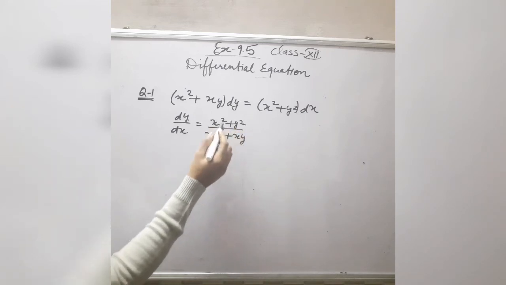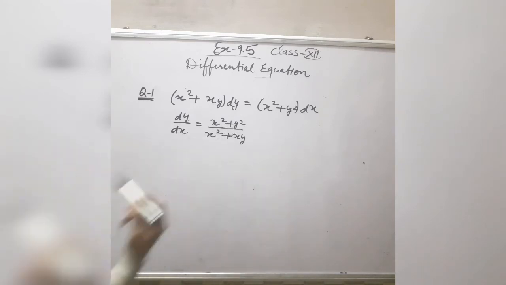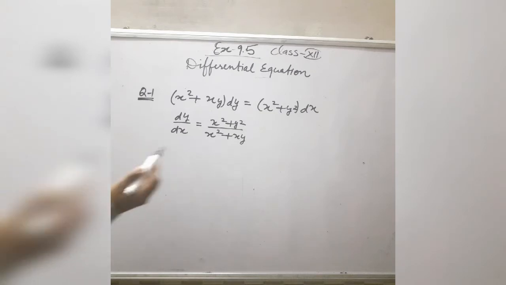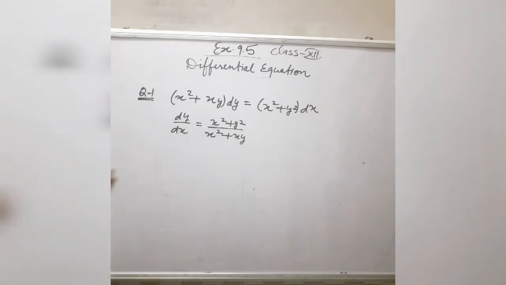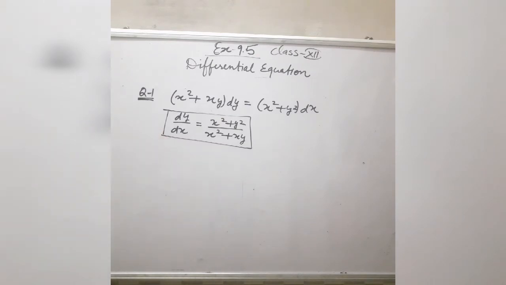The degree of the numerator and denominator is the same. The numerator is a function of x and y variables, and the denominator is also a function of x and y variables. In the case of a homogeneous equation, the degree is also the same. So this is a homogeneous differential equation. Separating the variables x and y is not possible in this case. If you can, try yourself. You can try separating the variables, but it is not possible in this case.